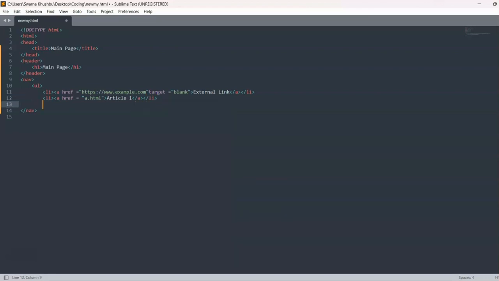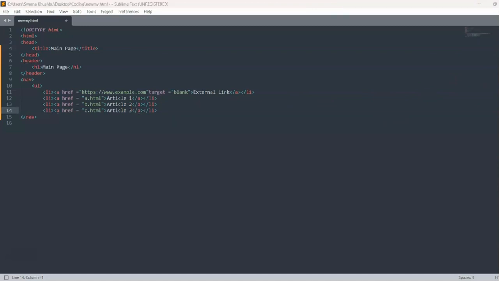Then in the next line I'll create another list item which represents my B, which I showed. So you can write it as b.html, and then for the other one you can write c.html. Okay, and just change the numbers over here, so article 1, 2 and 3. Now up to this point, if you see how it will look,